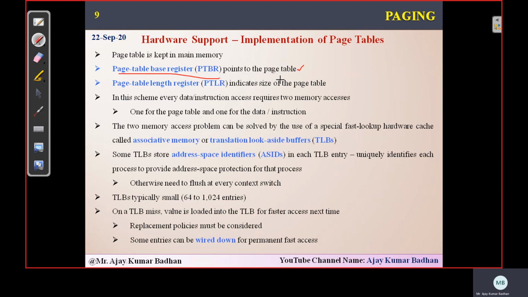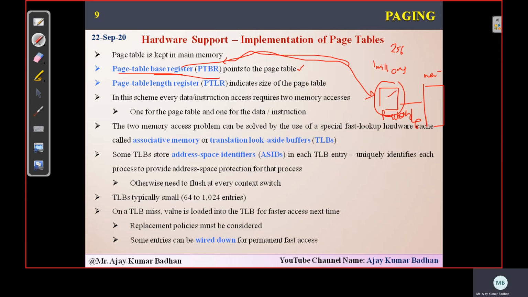This is something we are going to develop to overcome the problem we faced using registers. Registers can support only up to 256 entries in a page table, not more than that. So if you have 1 million entries, we need to use the alternative, that is the page table base register. Using this, the mechanism is that we will store the page table in your main memory, and this page table can be accessed using this register only.